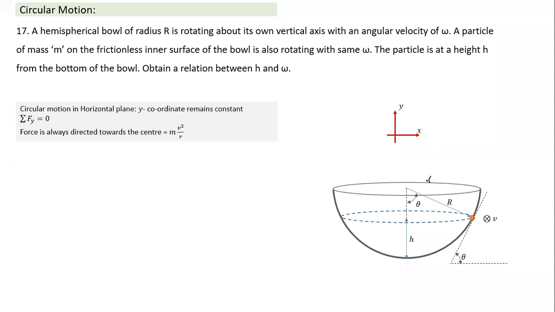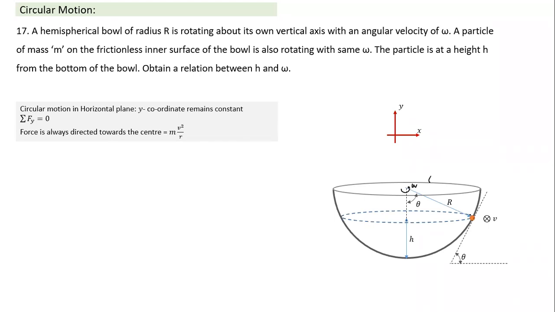It is a hemispherical ball which is rotating with omega, and this object is also rotating with omega without slipping. The result is that this object is rotating with angular velocity omega. Second case, this ball is at rest, this object is given a velocity, and it is undergoing circular motion with angular velocity omega. So the ball can be at rest. Third case, it is a semicircular ring and this kind of bead which is slipped on, and I'm rotating this circular ring with angular velocity omega, and the bead is not going up and down. It is remaining at the same height. It's not slipping with reference to the ring.